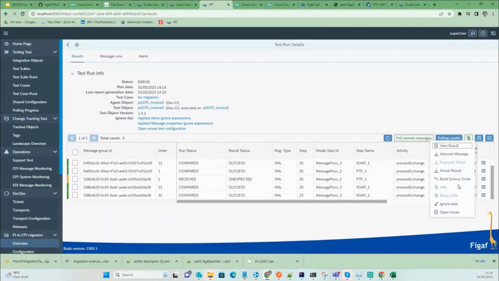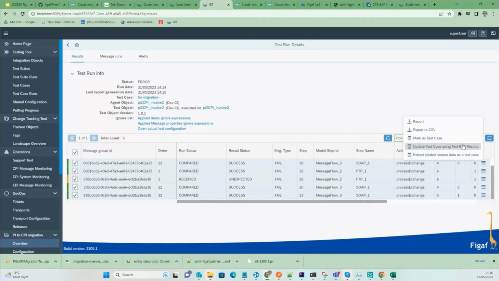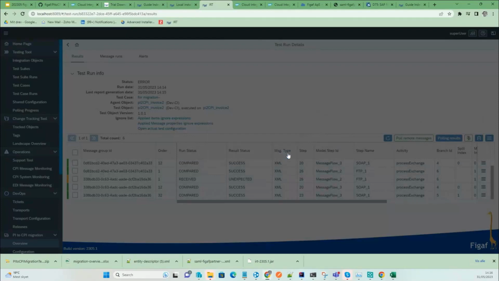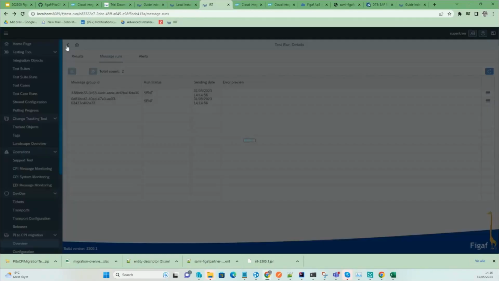And if we look at this, remember when we created the test case, we had 5 messages. We should have had 6 messages. And because of that, we are getting one that is unexpected. But this is actually also what you would normally do in a migration or any other change. What you can then do is select the test case and go in and select update to use as test case, then we'll drop it. And that means next time we run it,